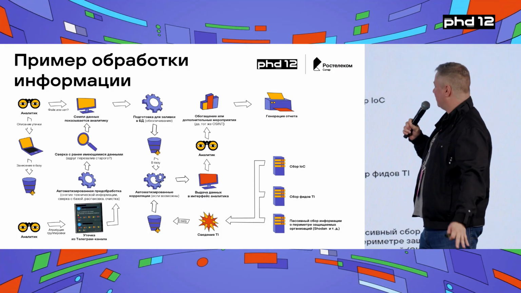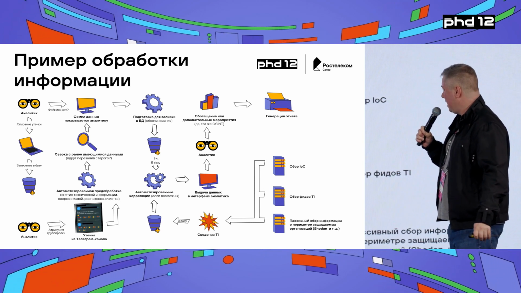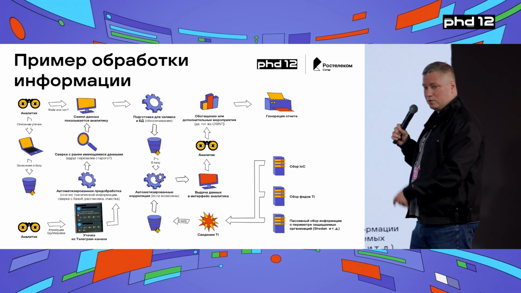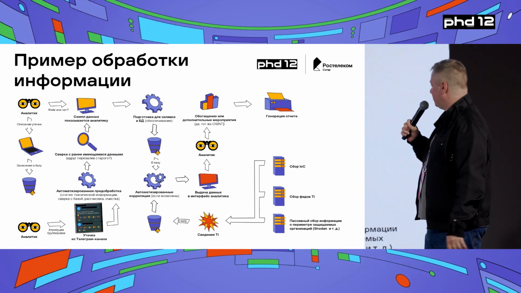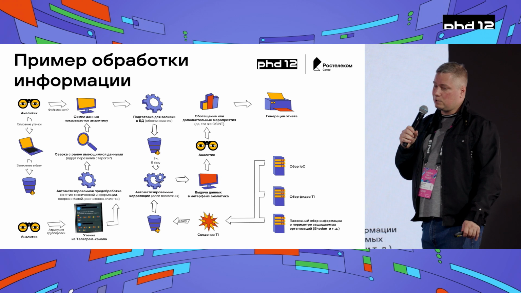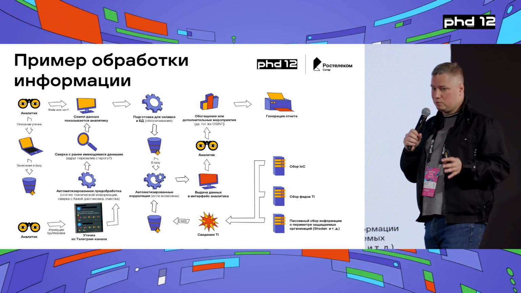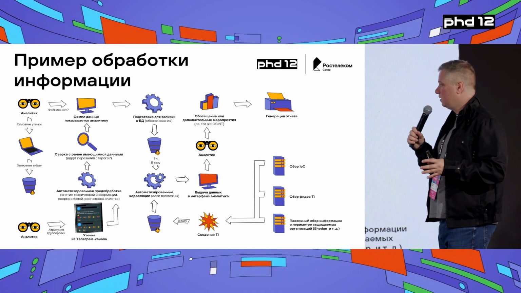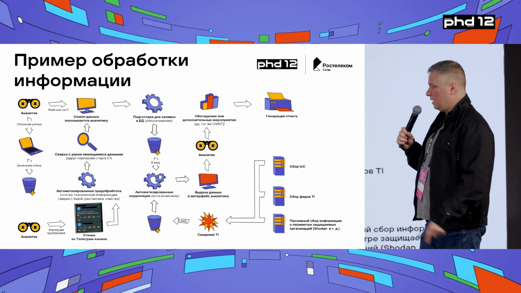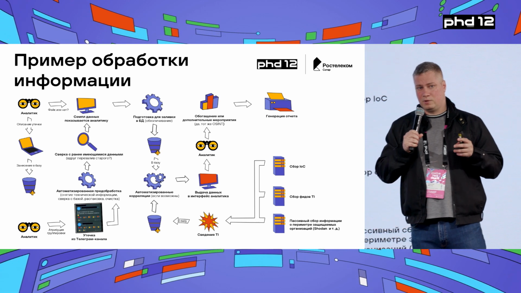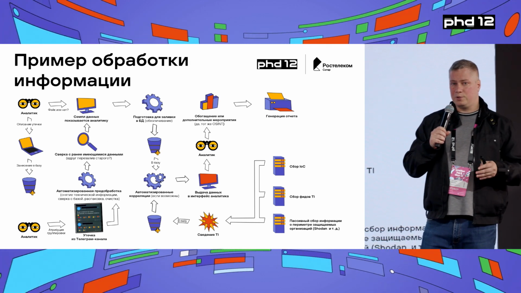Okay, this is an overall process. So we get information on compromise, the feeds. So this is passive collection of data on the companies under protection. So we have some tools to do this, and this is done in an automated way, and this is fed into the database. Then we have the analyst